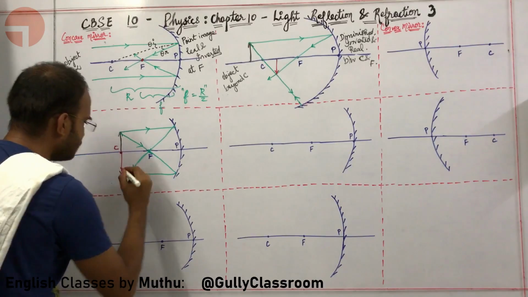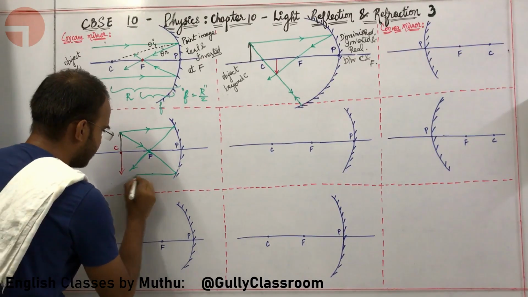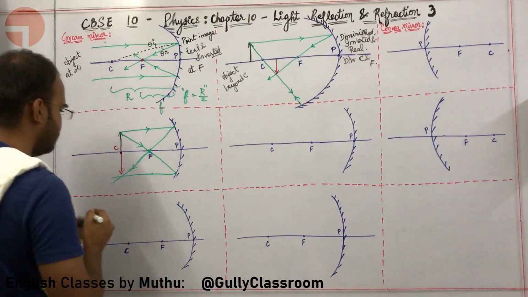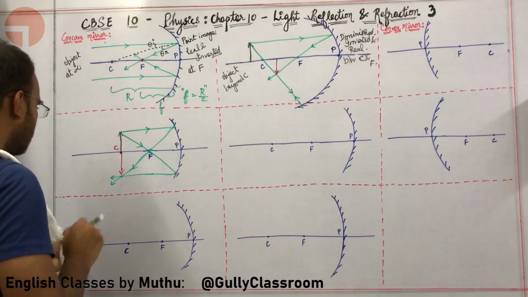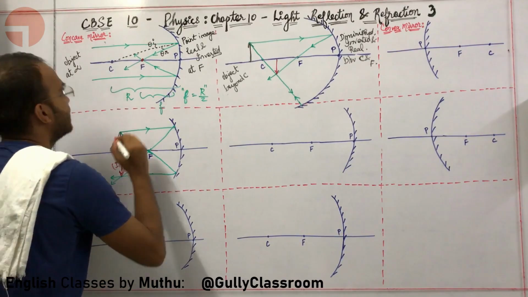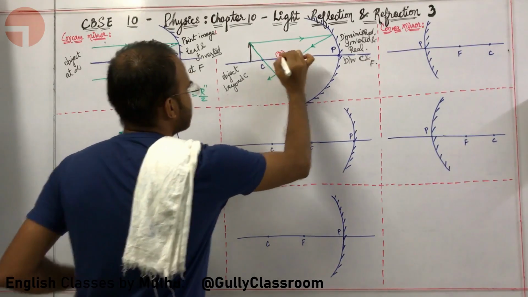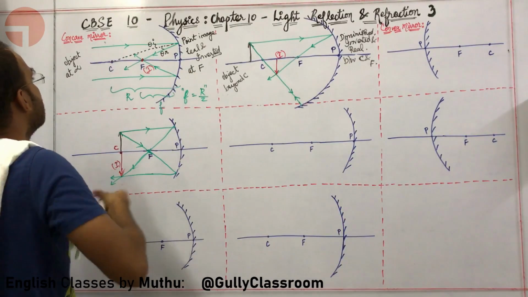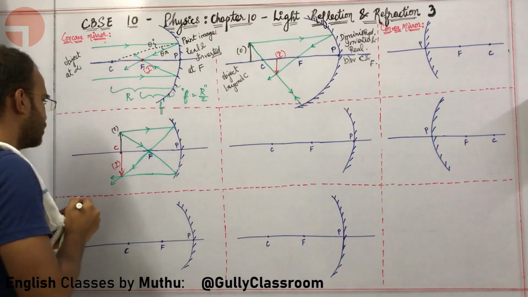Okay. One second. Those two will meet over here. Am I right or wrong? Yes, those two will meet over here. When they meet over here, they form a beautiful image. All the red ones are images. Okay, sir. What about all the black ones? The black ones can be simply called objects.